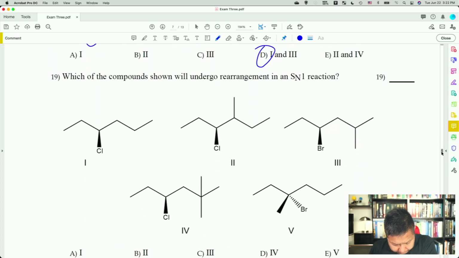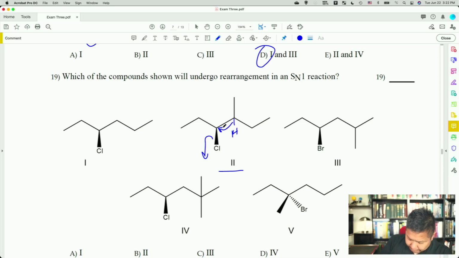Next one, which of the compounds shown will undergo a rearrangement in an SN1 reaction? The only one that would do a rearrangement would be structure 2 here, and the reason why it can is because it has a hydrogen right there. And so when we do an SN1 reaction and we lose this chlorine as a chloride leaving group, we can do a hydride shift